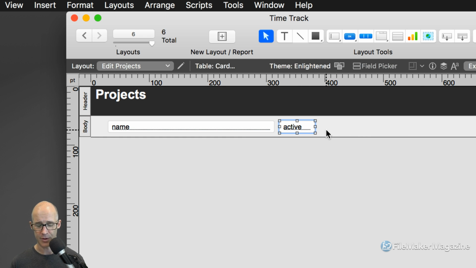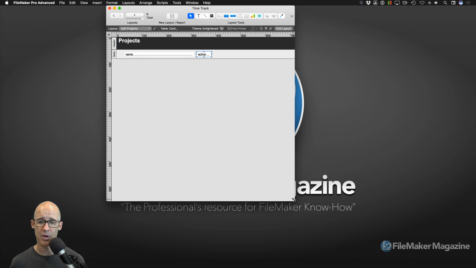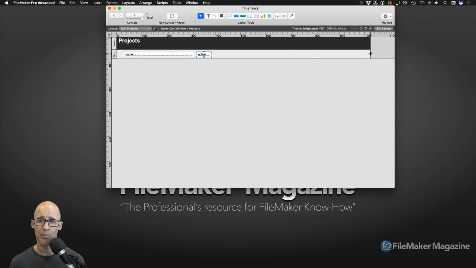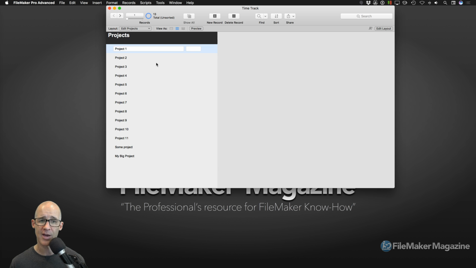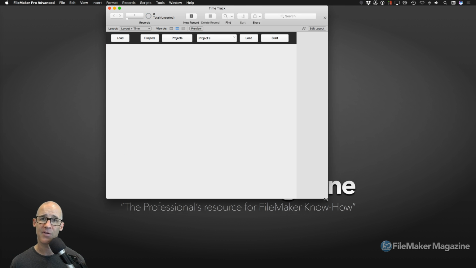All right, now the cool thing about these particular windows is that as long as they are big enough to show what you want, you can position them anywhere you want within the window. So as we go into browse mode, we've got our nice little list of the card window that we're going to use. We can switch over to the application, to the layouts, to our main layout, and now finally wire